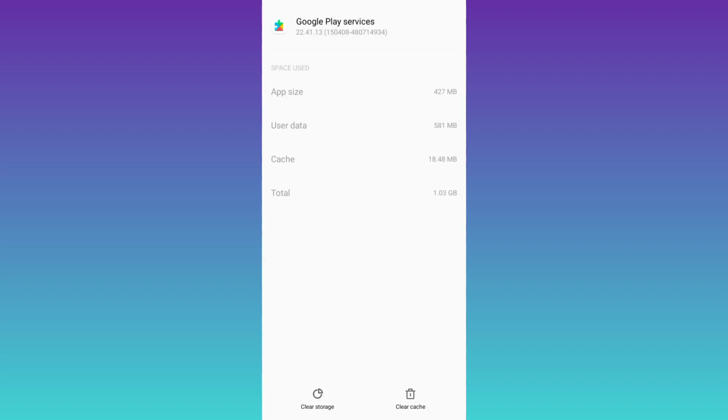From here, all you have to do is to first click on this clear cache option and then click on clear storage. Once you have done that, go back